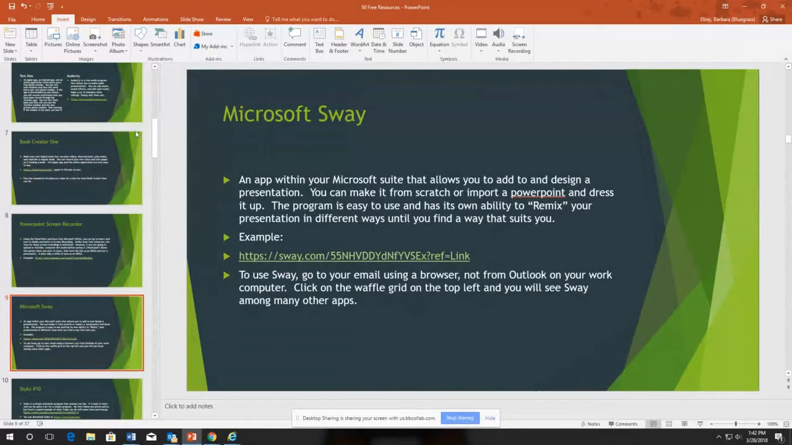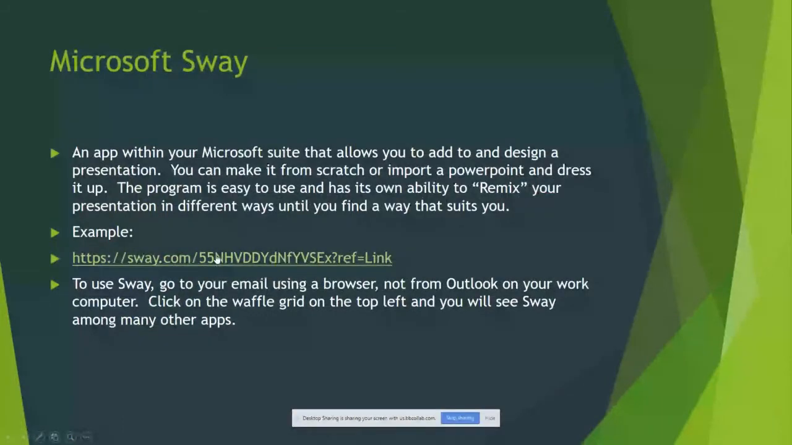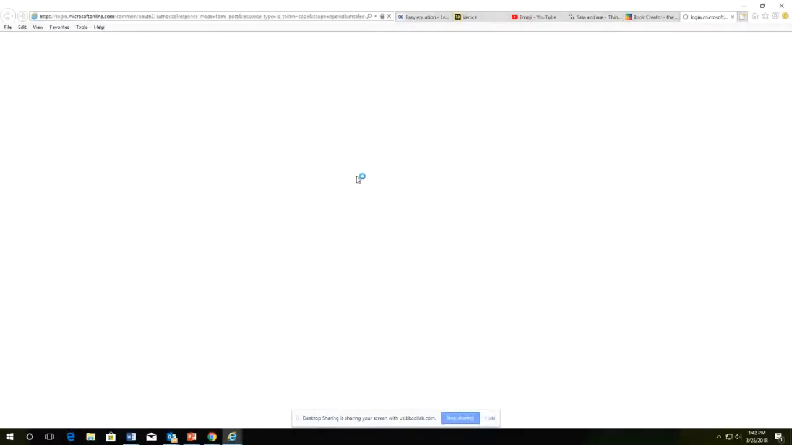All right, so I think in some of the prior sessions, people have mentioned Microsoft Sway. If you're not aware of Sway, you can import any PowerPoint, you can import a Microsoft Word document, or you can make it totally from scratch. But I'm going to show you just very quickly a little bit of an example of Sway, just so you can see what this looks like. So if I click on my example of Sway,